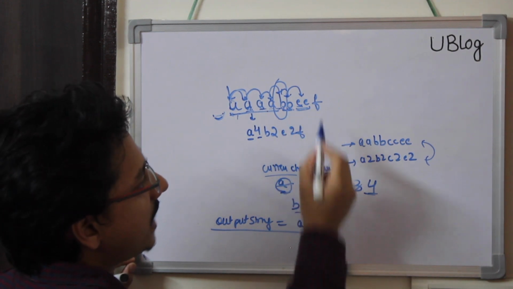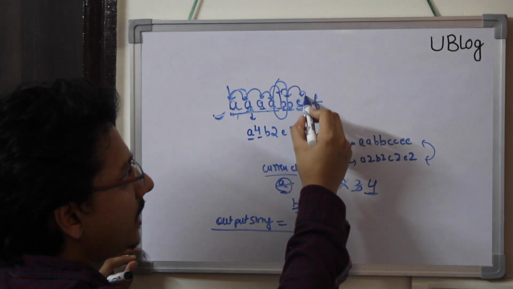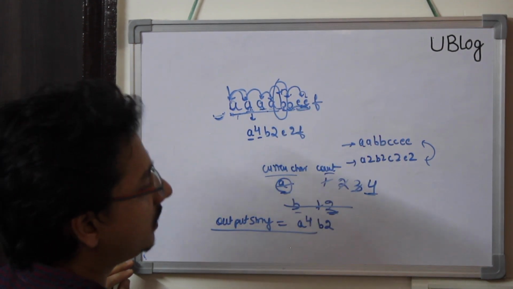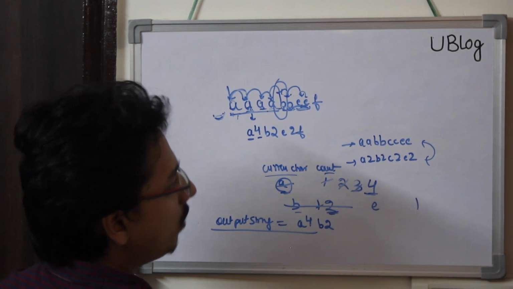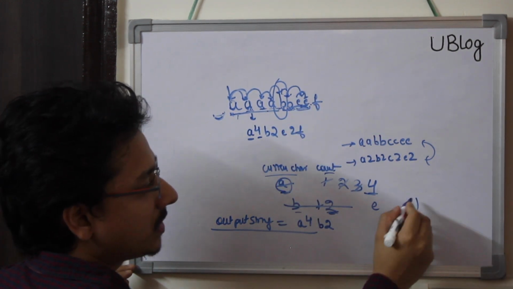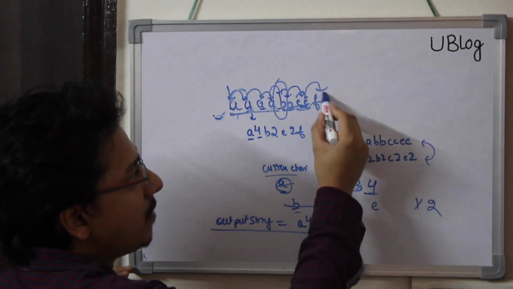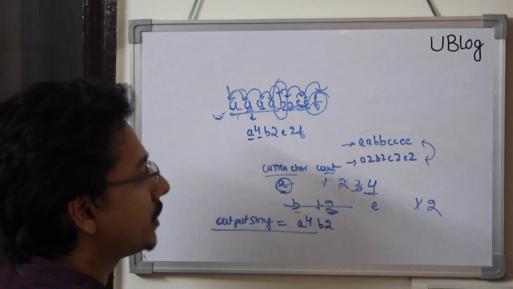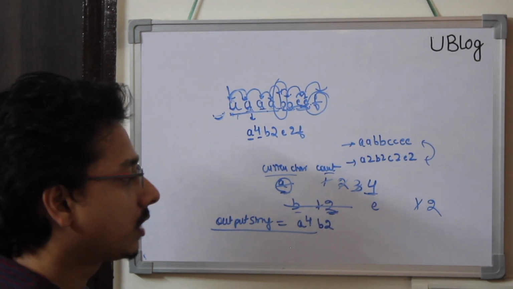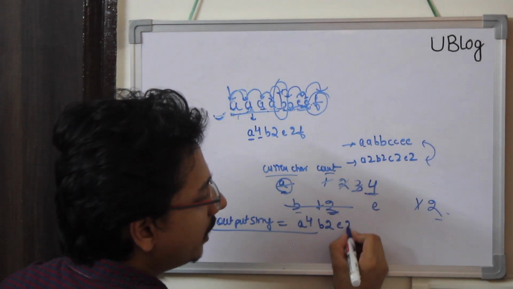Again next I move to E. These 2 E's are the same. When I am at this E, I update my current char and count. Moving to the next E, since these 2 E's are the same, I increment the count to 2. Next I move to F. When I am at F, my E and F do not match, so I need to break again and print the current char along with the current count. So it will be E2.